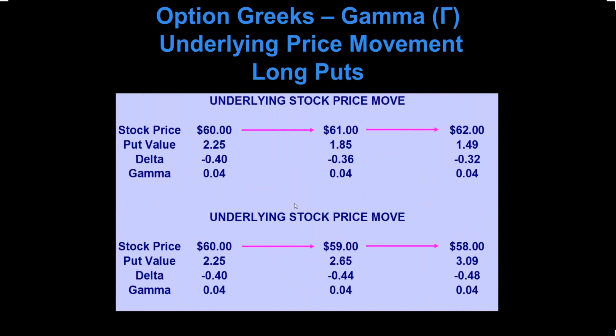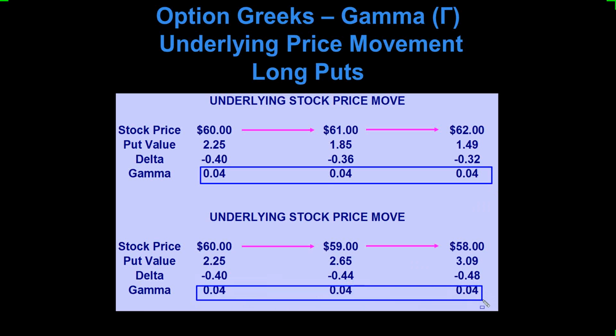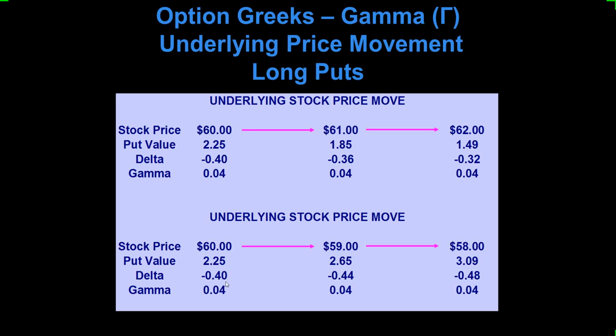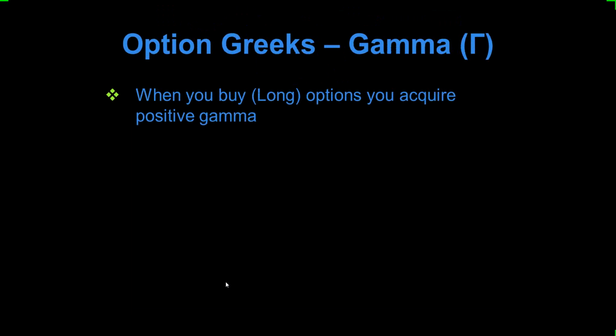But again, same thing with long puts. As I pointed out, notice with gamma though, one thing I do want to point out, gamma is positive. Gamma with puts and calls is positive. However, delta is, as I said before, for puts, it's negative, okay? Now, when you buy long options, you acquire positive gamma, all right? So long options have positive gamma, and it gives you